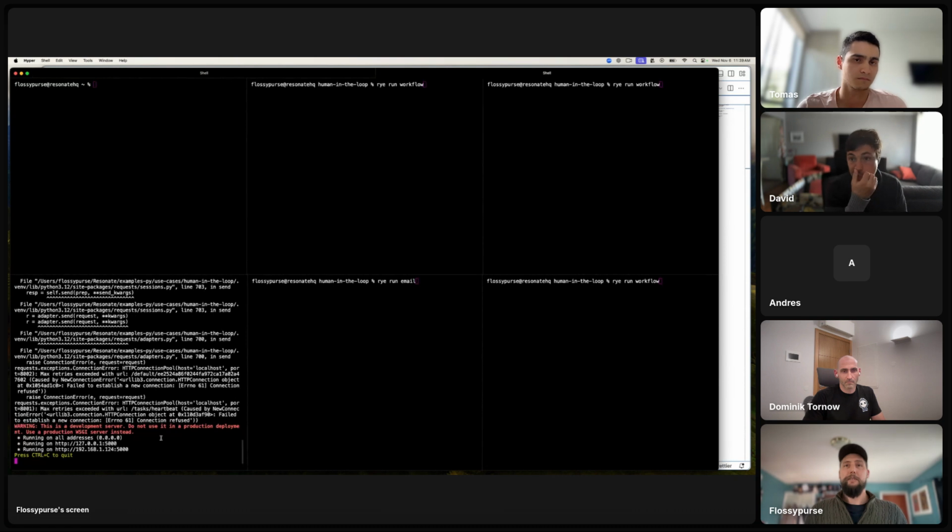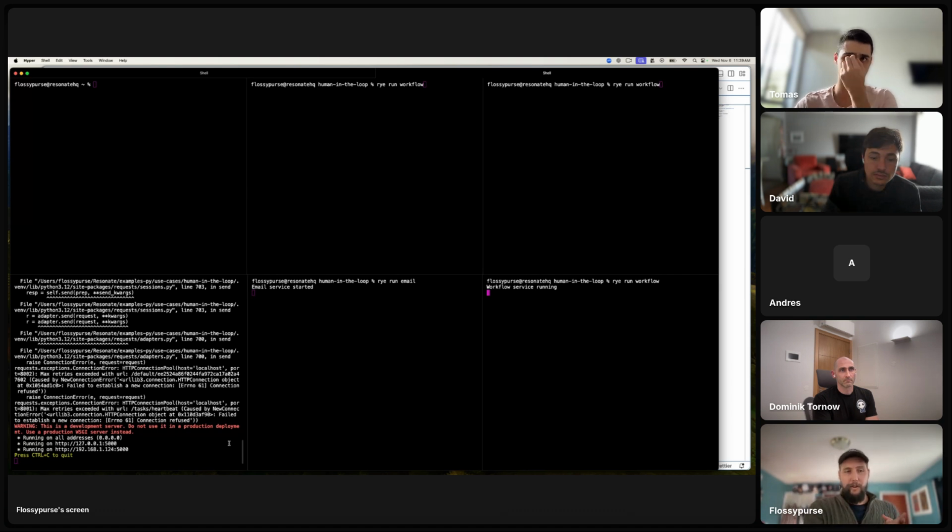And now our HTTP server is running. Then we're going to run our email service. And then I'll spin up an application node, which some people might recognize as a sort of worker, if you will. Not required to set it up in this particular architecture, but it is a familiar pattern, I think folks are familiar with, this sort of service-oriented layout, where a request will go to the Resonate server first, and then the Resonate server will invoke and resume.